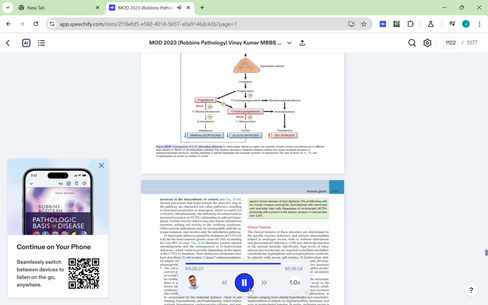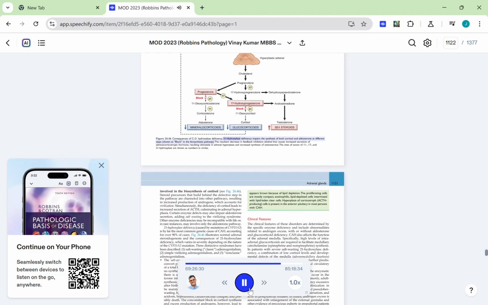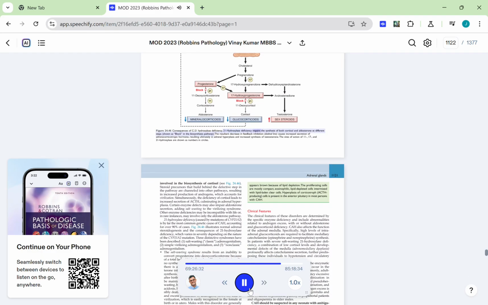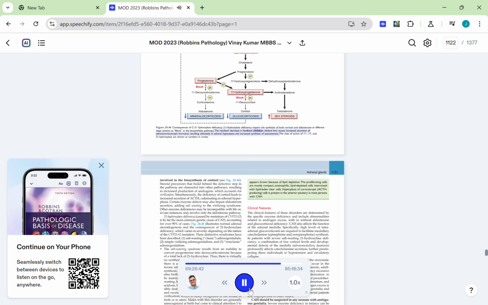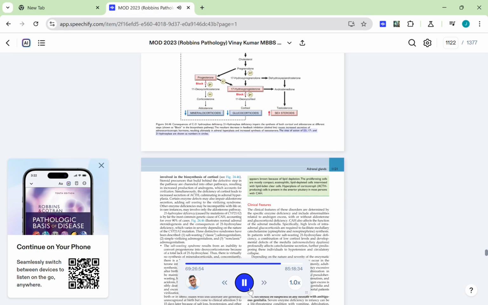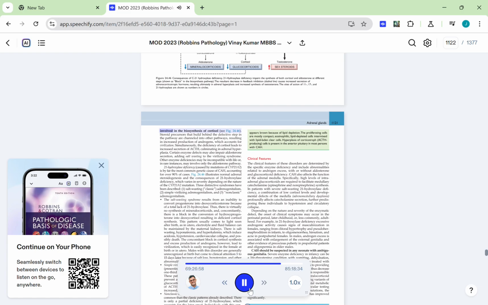Figure 24.46 Consequences of C21 hydroxylase deficiency. 21-hydroxylase deficiency impairs the synthesis of both cortisol and aldosterone at different steps. The resultant decrease in feedback inhibition causes increased secretion of adrenocorticotropic hormone, resulting ultimately in adrenal hyperplasia and increased synthesis of testosterone. The sites of action of 11, 17, and 21-hydroxylase are shown as numbers in circles, involved in the